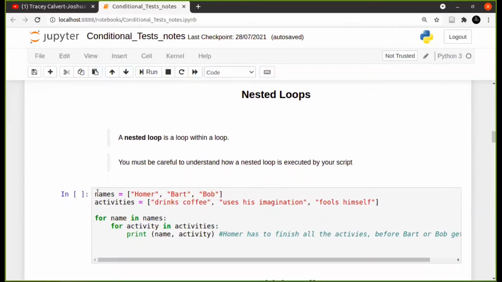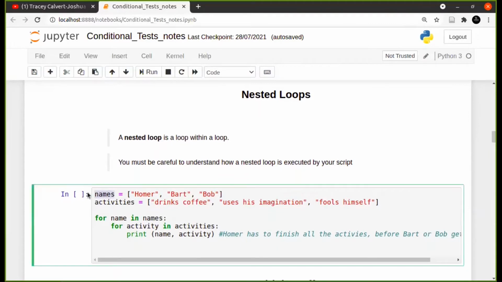For example, here we have a list called names, and I've got the Simpsons in there. I don't know if Bob's, yeah, maybe he's in the Simpsons. So you've got Homer, Bart, and Bob. Then you've got activities, which is drinks coffee, uses imagination, fools himself, and again, note that they're in quotation marks because they're strings. So now,